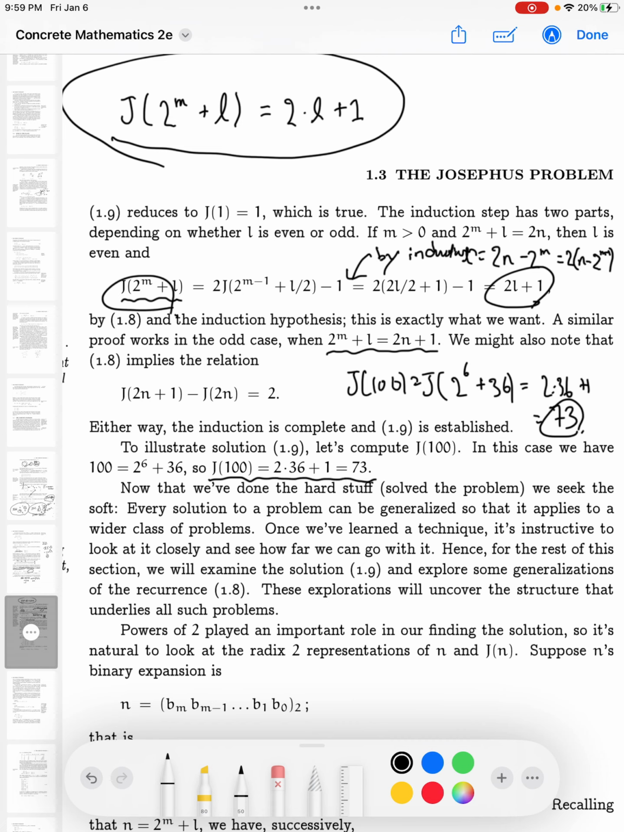Okay, so that's it. And for the next paragraph and some of the other new concepts that will be unpacked here, let's